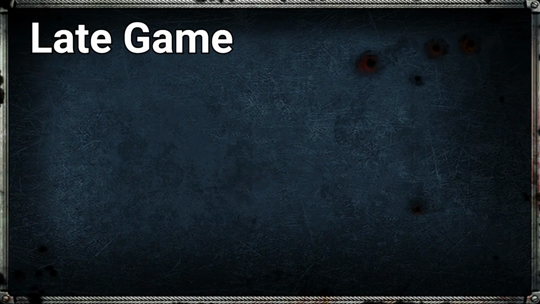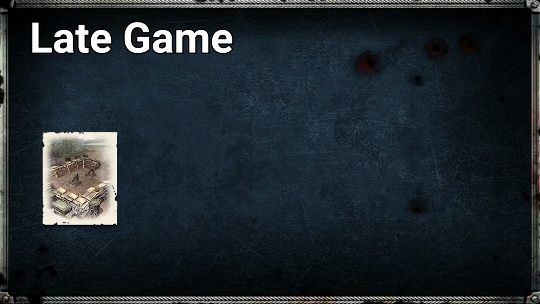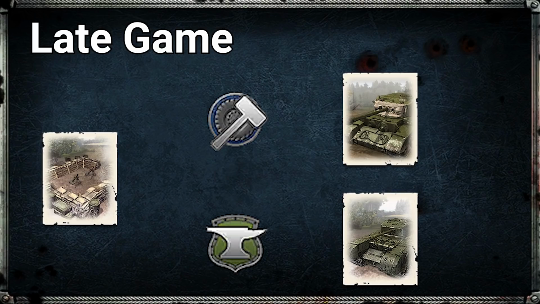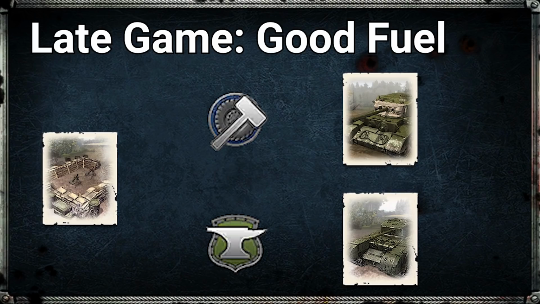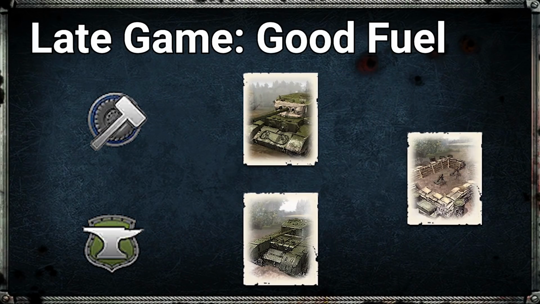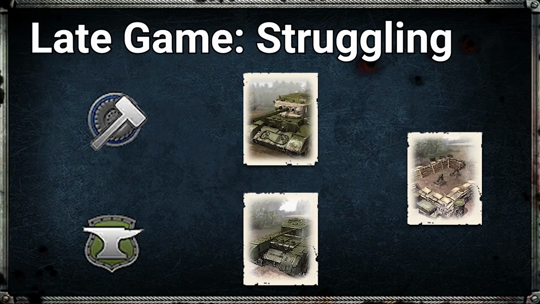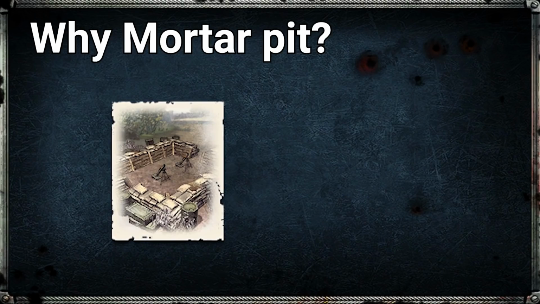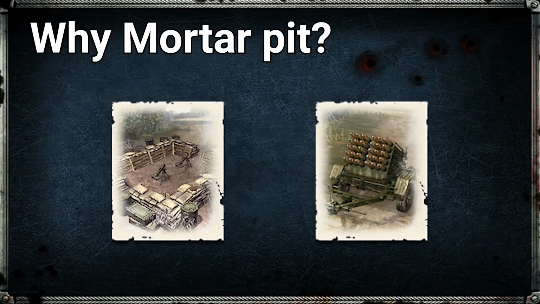Moving into the late game after you've got your Cromwell out, the build order is Mortar Pit into Hammer Anvil into Commodore Churchill. If you're doing really well in terms of fuel control, you may want to delay your Mortar Pit until after the Commodore Churchill. And if you're struggling, you should delay your Mortar Pit and go for a second anti-tank gun to help you hold on. Now you're probably asking why the Mortar Pit instead of the Land Mattress that is only available in